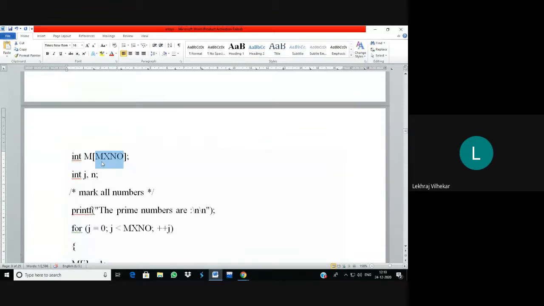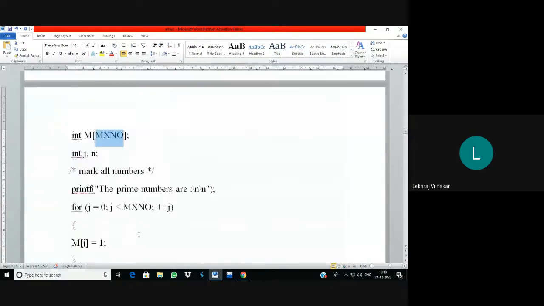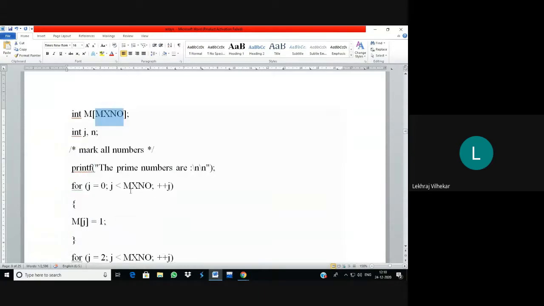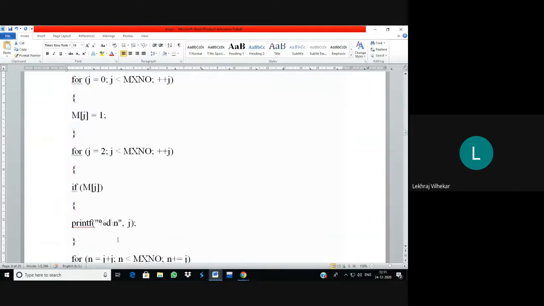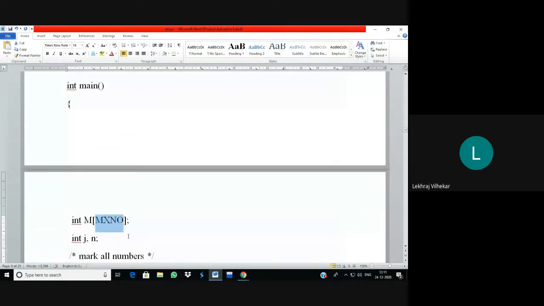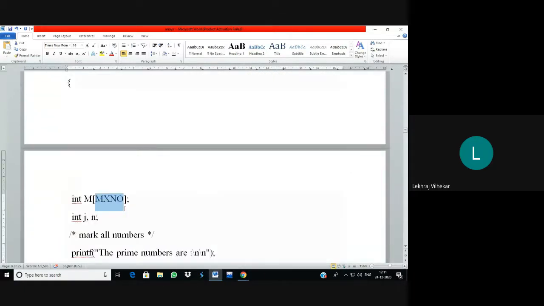Now you can see the beauty of the C language. Everywhere we are going to make use of max number. And suppose you want the number up to 100 instead of 50, then everywhere we would have to make that change. But with the help of this directive, you can put the value as 100, 150, 200, and all that changes will get reflected everywhere.